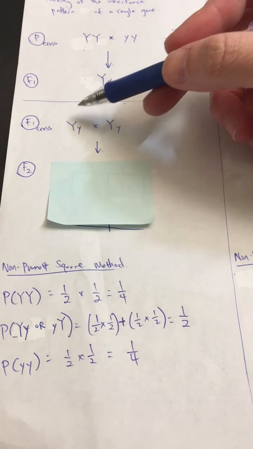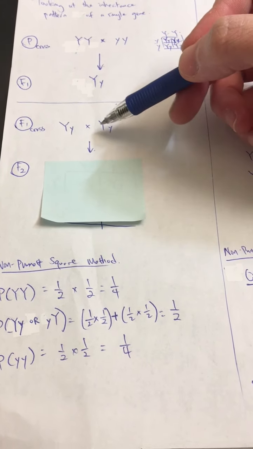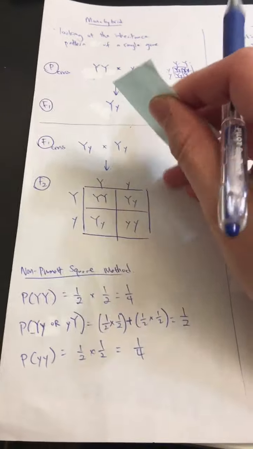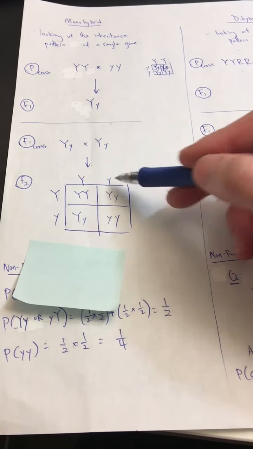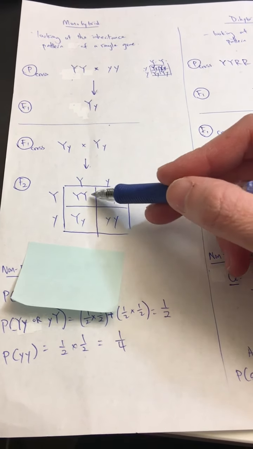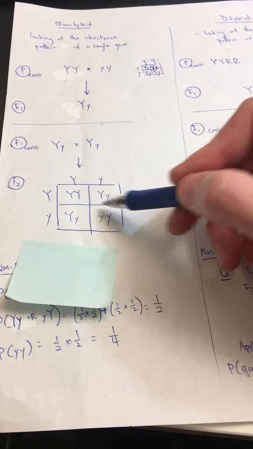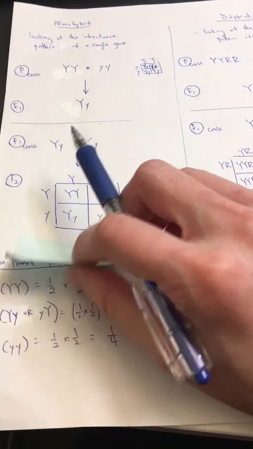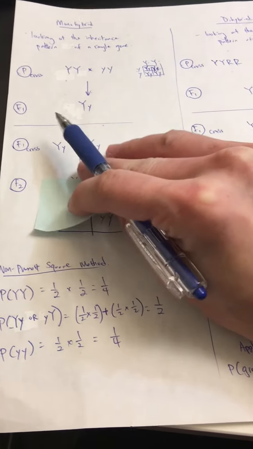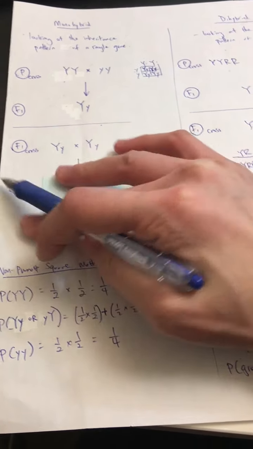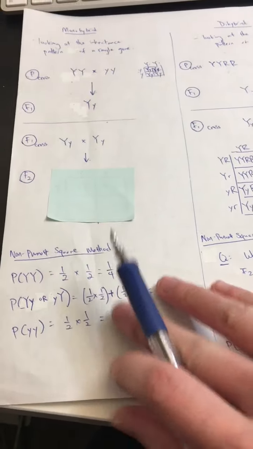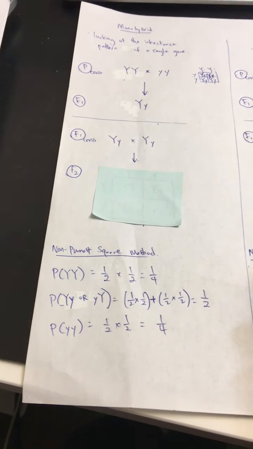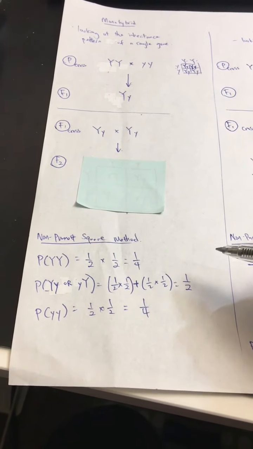Now, in the second cross, we're crossing two F1 generation. Big Y, small y, big Y, small y. They're crossed, and using the Punnett square method, this is what we see. 1 to 2 to 1, and 3/4 of which are going to be yellow, and this one's going to be green. Now, without using the Punnett square method, once again, in this question it's not hard to do Punnett square, but as we'll see in a later question, sometimes it may not always make sense to use the Punnett square method. So using the non-Punnett square method,